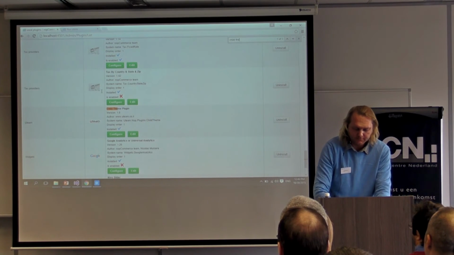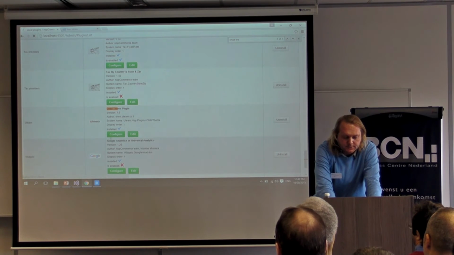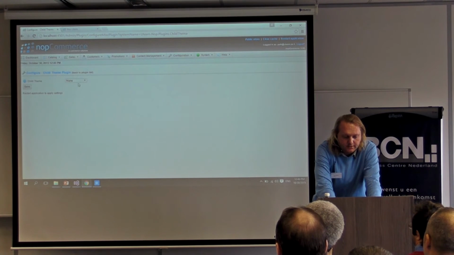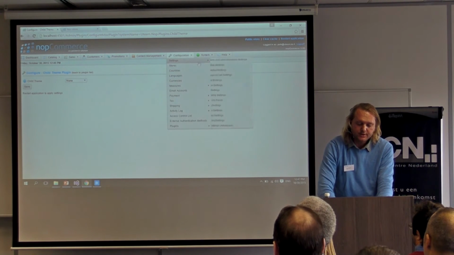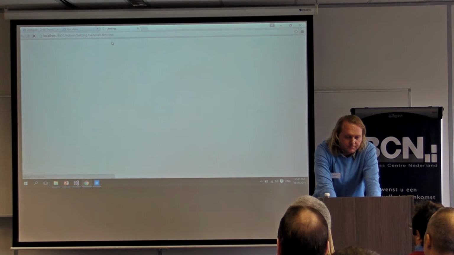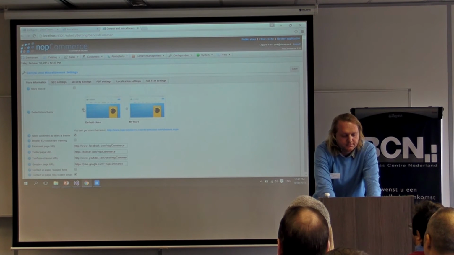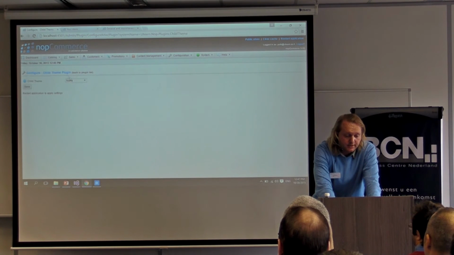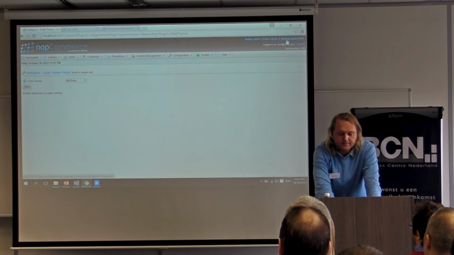Child theme. Okay, the plugin is already installed, so I can go to configure and change here what my child theme is. But before, I need to check what my main theme is, the parent theme. So this is my parent theme, default clean. And here I want the child theme to be my store. After I save and restart the application,